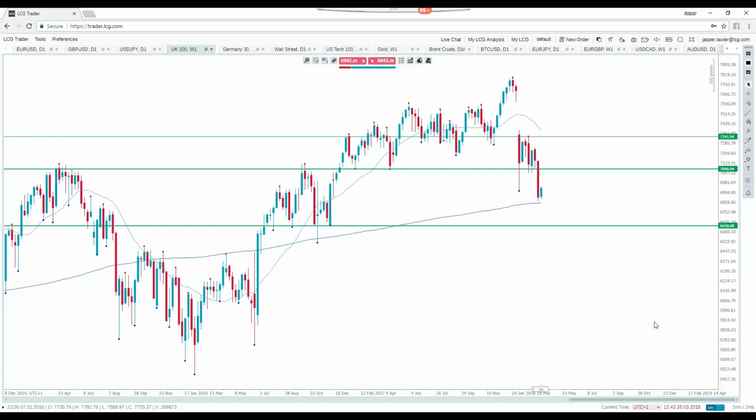This is a weekly chart for the UK 100, moving over to indices. It's been super volatile, pretty hard to pick out the levels here, but you notice we're just holding above this 200-week moving average, which actually on the last few tests has been interestingly pivotal. You can see we kind of struggled to get through it a couple of times down here on that big correction in 2015. And then we saw that big rally through it after, is that after Brexit? Yeah, I think it's more like June, yeah.